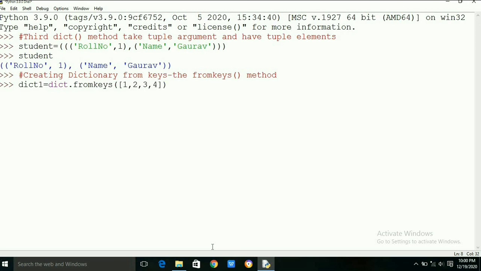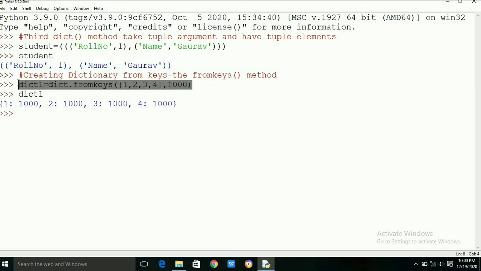Key sequence can be any Python sequence, that may be a list or a tuple. Value is common and that will be assigned to all keys, and if it is skipped then None is assigned to all keys. In the first example, we can see 1, 2, 3, 4 are the keys and 1000 is assigned to 1, 2, 3, 4.